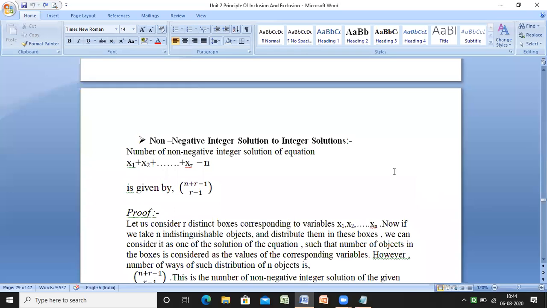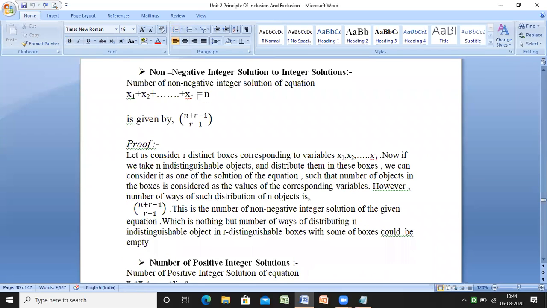Dear student, what we are looking at today is non-negative integer solutions and a theorem related to that. The theorem is specified in such a way that for x1 plus x2 plus x3 plus x4 till xr equal to n, the number of solutions is given by C(n plus r minus 1, r minus 1). That means we are going to select r minus 1 values from the n plus r minus 1. So what is that formula and what is the consideration we look at?